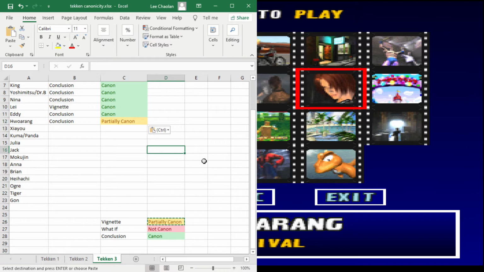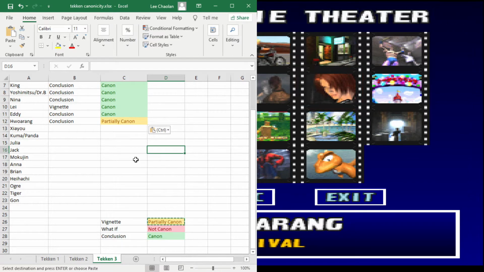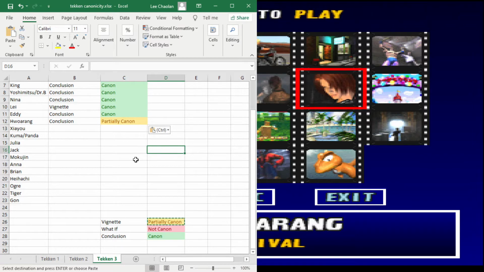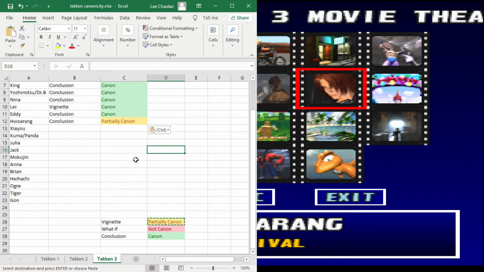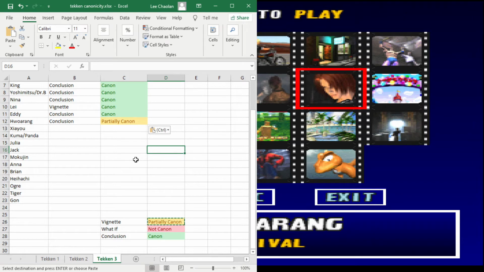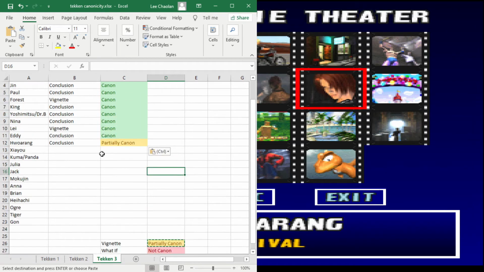Huarong did not win King of Iron Fist Tournament 3, but the rules are kind of strange around the tournament and how prize money works. A lot of the times you'll see later stories saying that characters got enough prize money to do XYZ. So apparently you get some rewards just for winning a few matches or coming in like, I don't know, maybe starting at 10th place up. I don't know how the tournament works, but we will say this is partially canon,